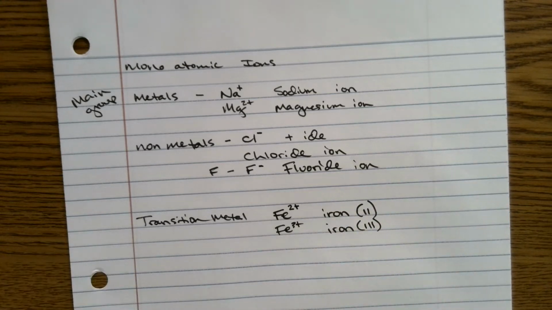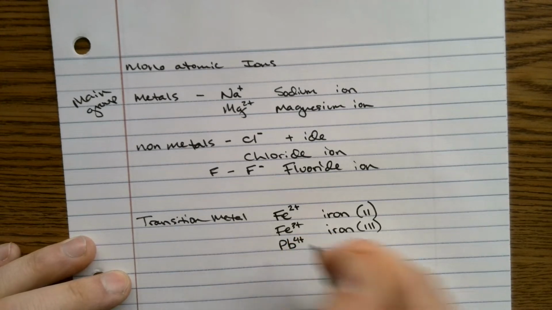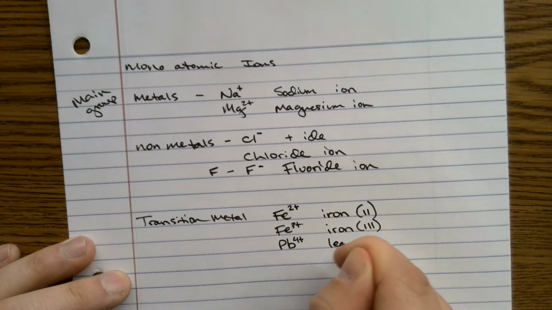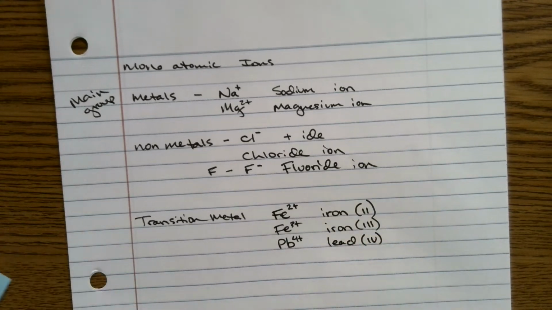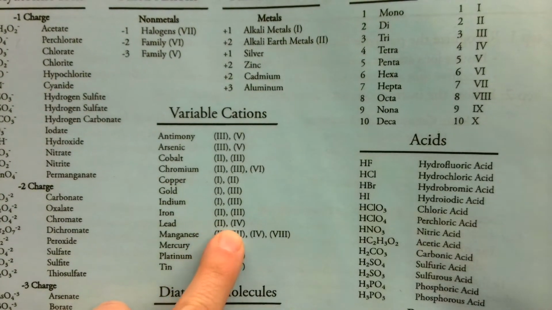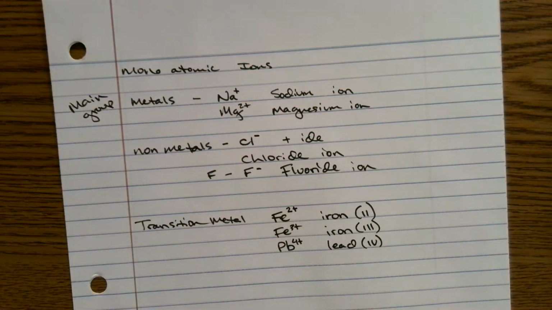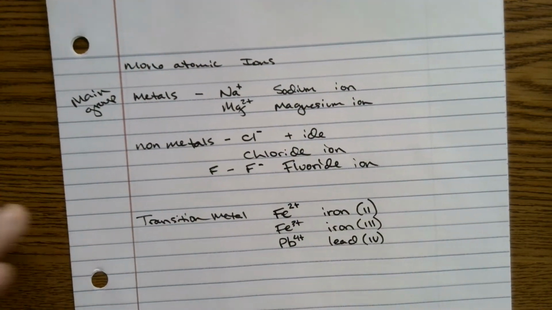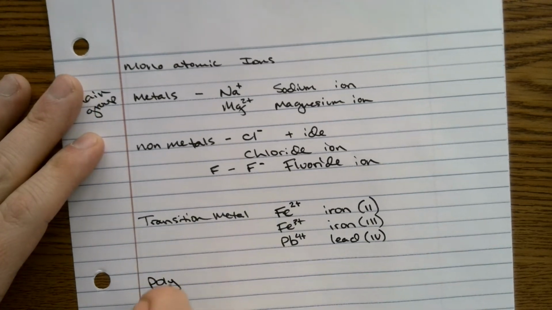Let's just say I had lead, Pb, and it gives away 4. I would write lead 4, like that, because lead can give away 2 or 4. You see that? So we have to signify how many they're giving away. These are our 3 that we're most probably familiar with, at least what we've dealt with so far in this class. And then this new concept is called polyatomic